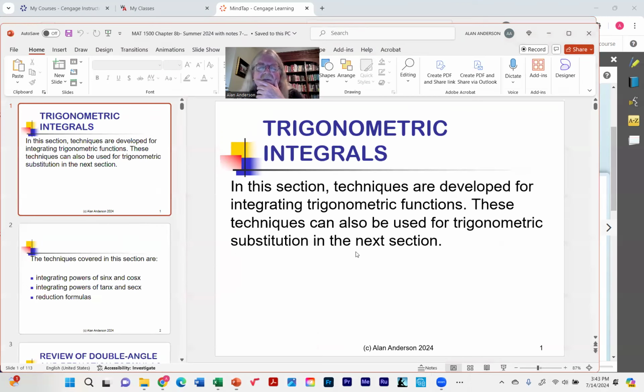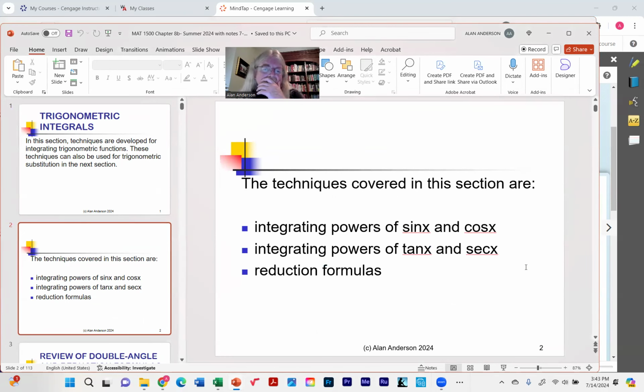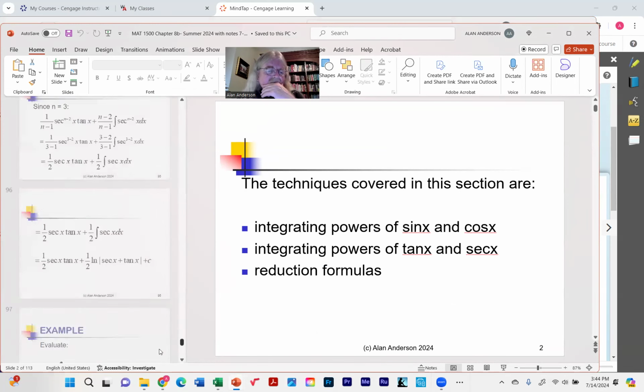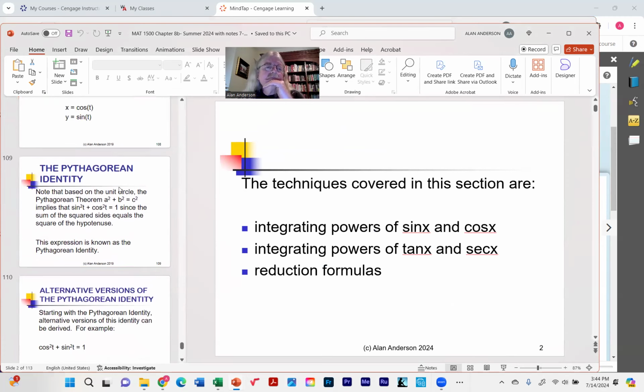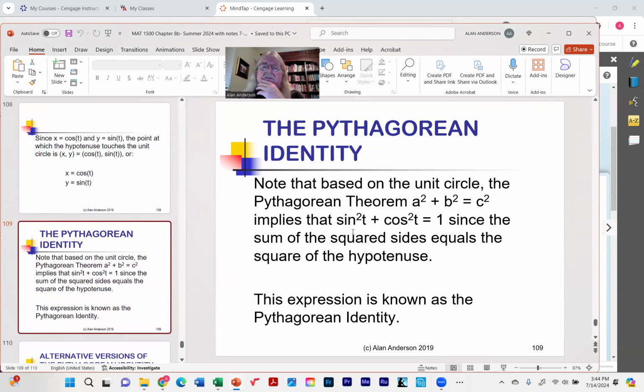And so, for example, what we're going to be doing is integrating powers of sine x and cosine x, tangent and secant x, and then we're going to use a bunch of identities. There's so many identities with trig functions that'll help us simplify our results. Now, we did briefly mention this once before. In fact, I put some of them in the appendix to this section. Just as a quick review,